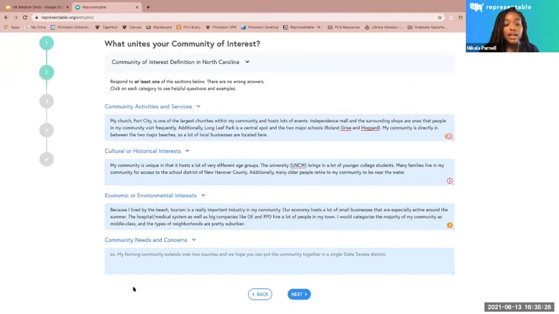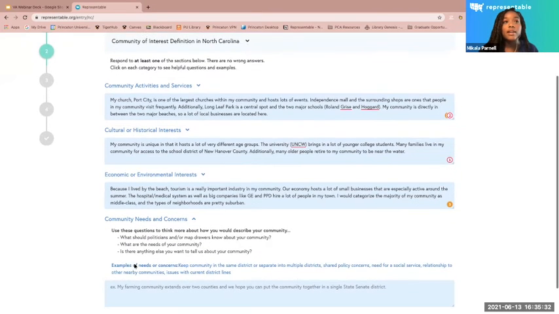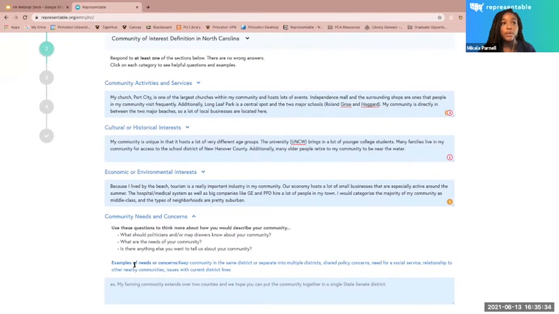And then finally, this last box, I'm not going to fill out for you guys, but is very important. It's community needs and concerns. This is something new that we've added because a lot of organizations found it to be really helpful. And essentially, what it's asking you for are what are things that politicians or map drawers really need to know about your community. So this is things that are maybe needs, something that is a voting issue or a